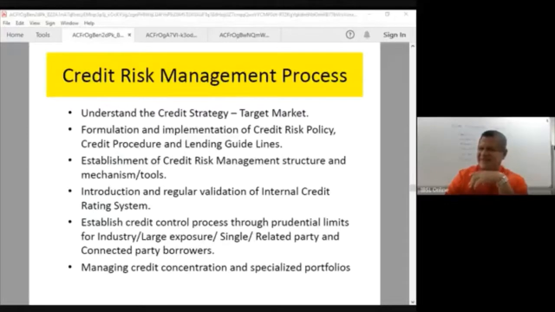Measure is the part of evaluation. In credit risk management we say you cannot manage anything unless you measure it, the amount of risk you are going to undertake,